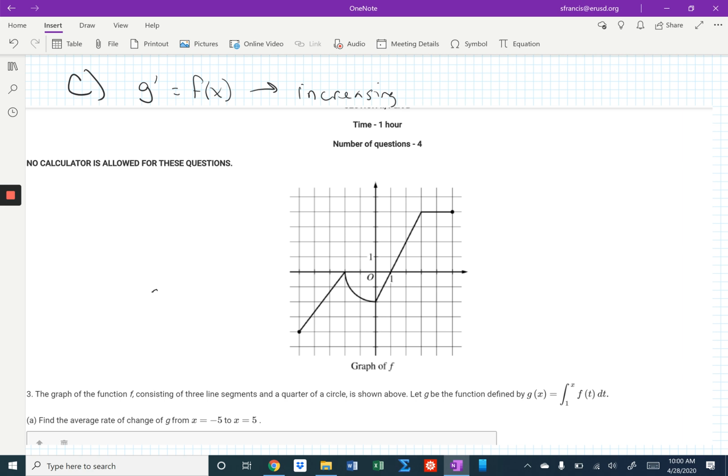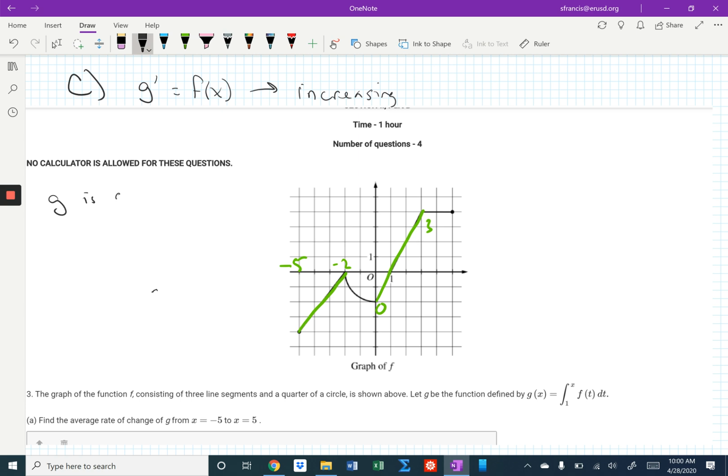But it's easier to just say where f is increasing, okay? Well, where is f increasing? So f is increasing right here. What's that? That's from -5 to -2. And then it's also increasing from here to here, and that's from 0 to 3. So you can just say that